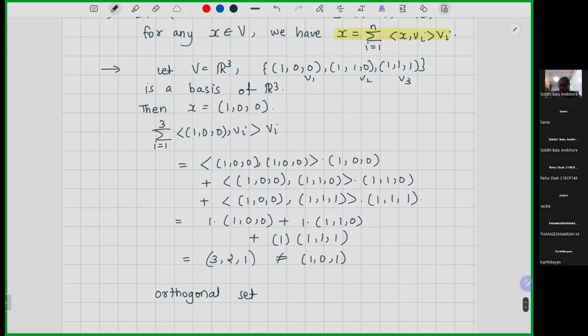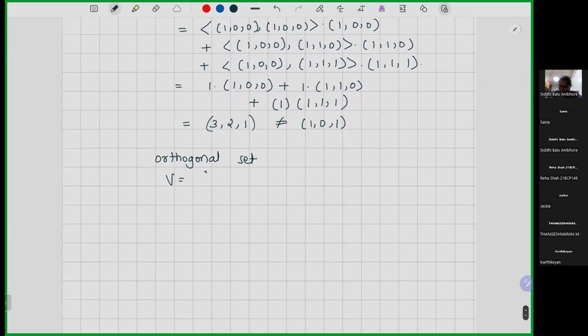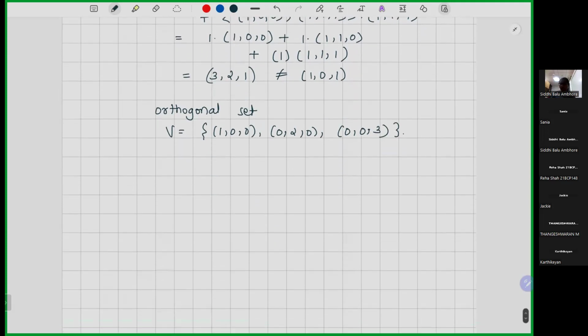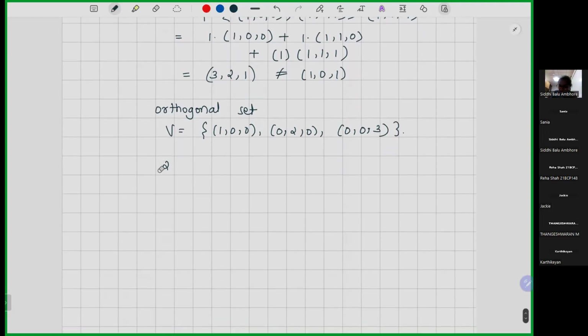For example, check this set: (1, 0, 0), (0, 2, 0), (0, 0, 3). This is orthogonal, meaning the inner product of vi and vj is 0 for any vi not equal to vj. But again here, if I write this element